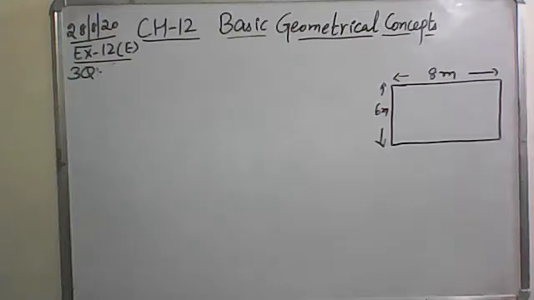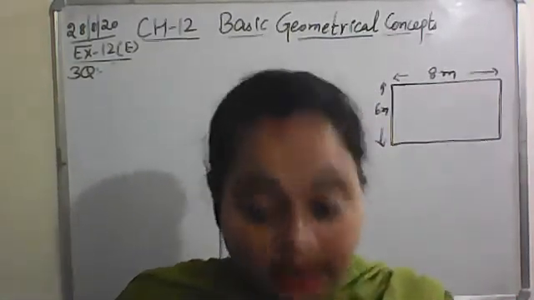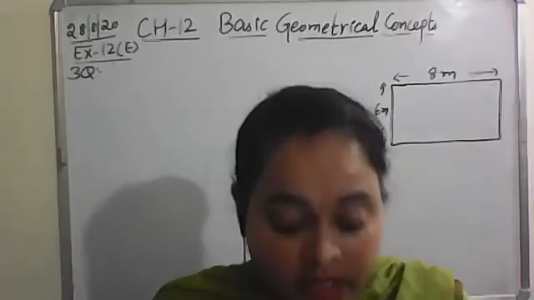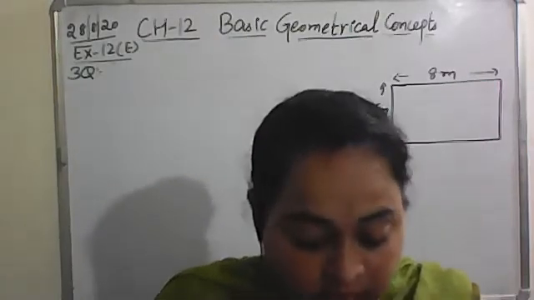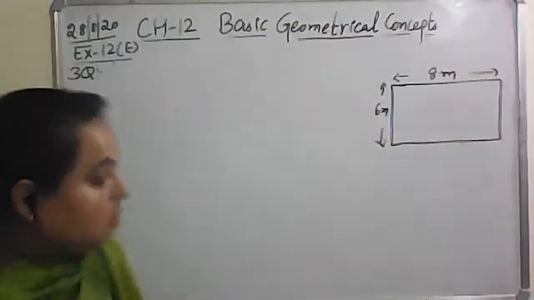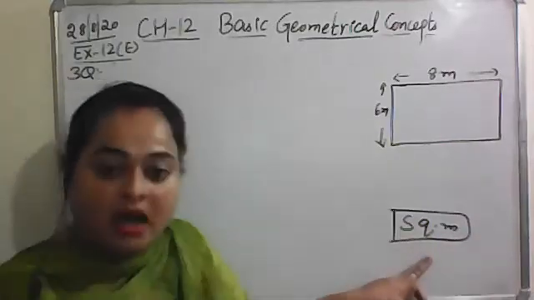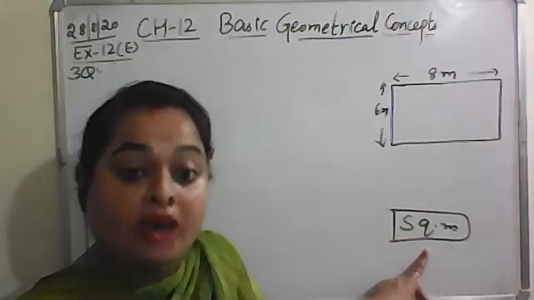Now all of you listen to me very carefully, because some of you have joined late. I am repeating the question. A room in a hotel needs an Italian floor covering. The square marble tile is of 4 square meter. Square meter is the unit of area, and it indicates that this question is based on area.